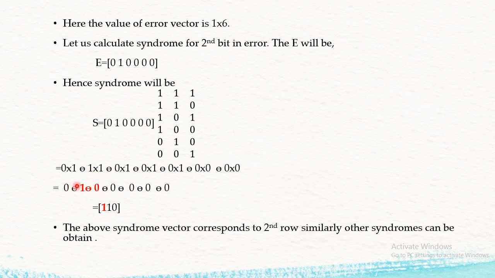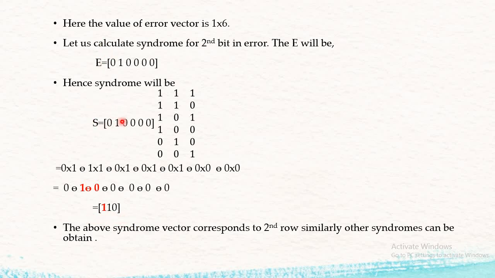Okay, and then we perform their XORing. So 1 XOR 0 comes out to be 1. In this way we repeat it for all the remaining rows and columns. So this is the value of my syndrome. This is the value of the syndrome if the error vector is present at the second location.